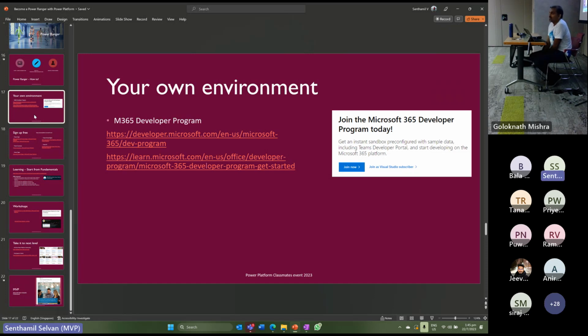2 years back, if you were very good in Power Apps with SharePoint, connecting data and linking the business process with Power Automate, that was a hard sell. I would say that was before COVID, not even 2 years back. Before COVID, that was one of the key hot areas.